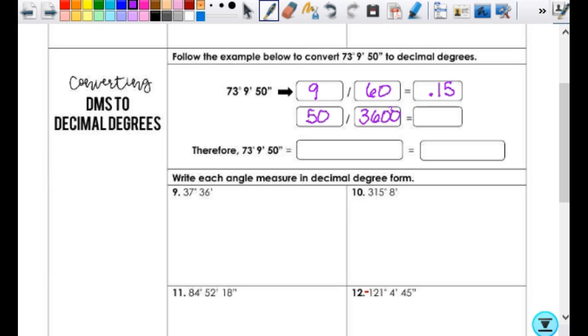Okay. And then when you divide that, and I think this is one of the ones, let me see. Yeah, it's a repeating number. So when you get that, first of all, it gives you the fraction. So then you have to hit that button. It gives you the repeating, which you can totally figure out how to round with what you see on there. But if you hit that SD key again, then it gives you the actual decimal. So if you get a repeating decimal on there, it actually toggles through three options instead of just two, just FYI. So this gives me 0.014, right? So that means that this 73 degrees, 9 minutes and 50 seconds, I would take 73 plus 0.15 plus 0.014, and when I add all that up, that gives me